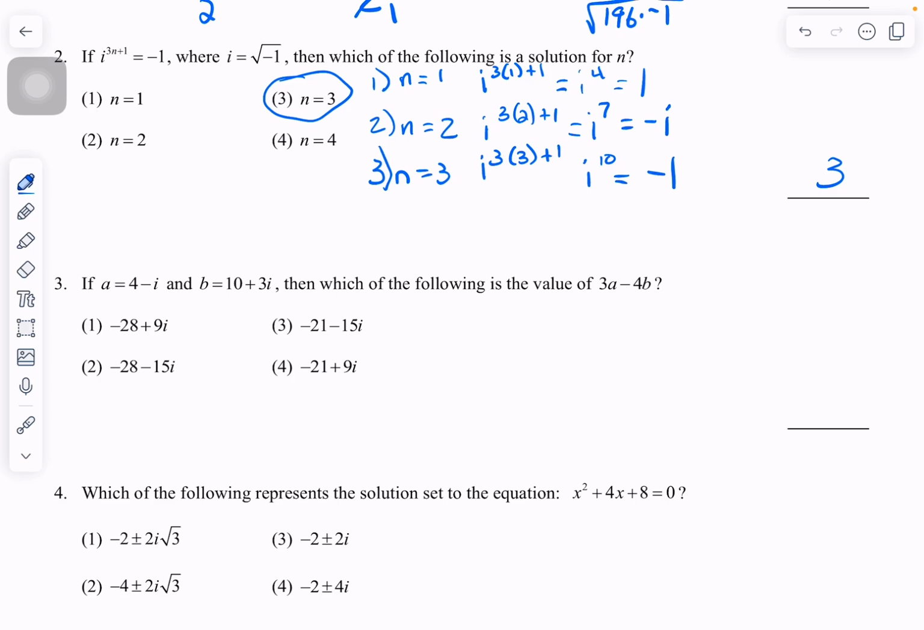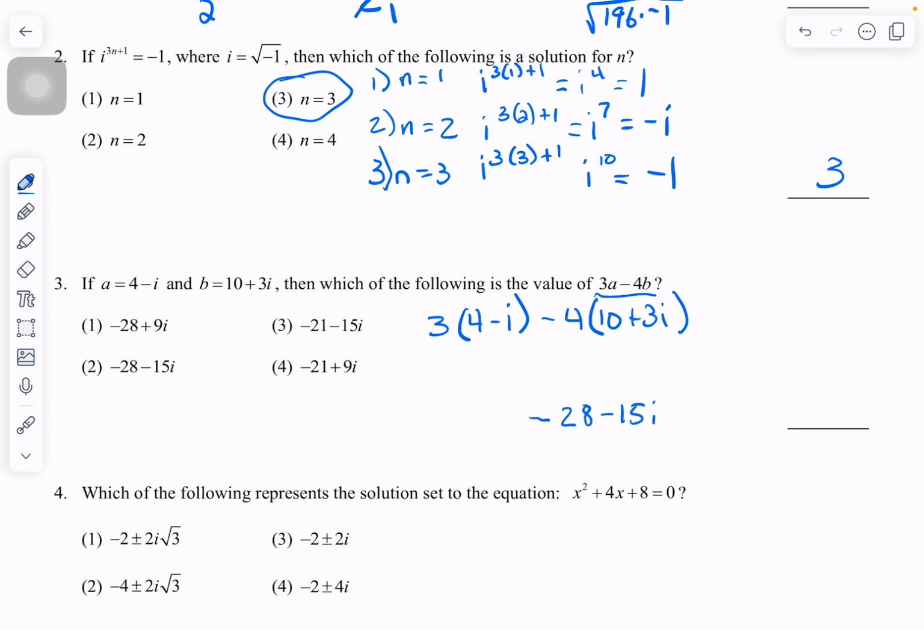All right, so a is equal to 4 minus i and b is equal to 10 plus 3i. They want to know the value of 3a minus 4b. So we're going to take 3 and multiply it by 4 minus i, minus 4 times 10 plus 3i. Now, if you take that and put it in your calculator exactly the way you see with the parentheses and all, you'll get negative 28